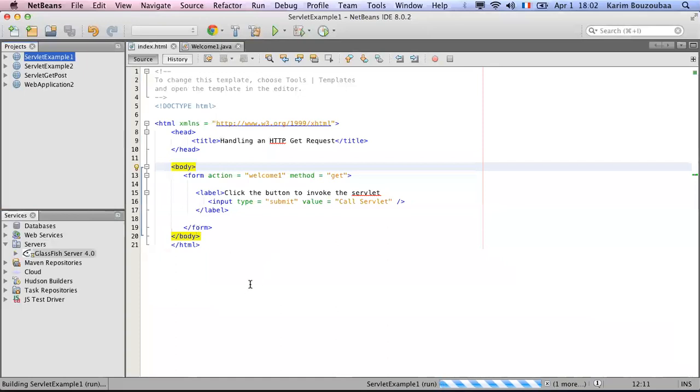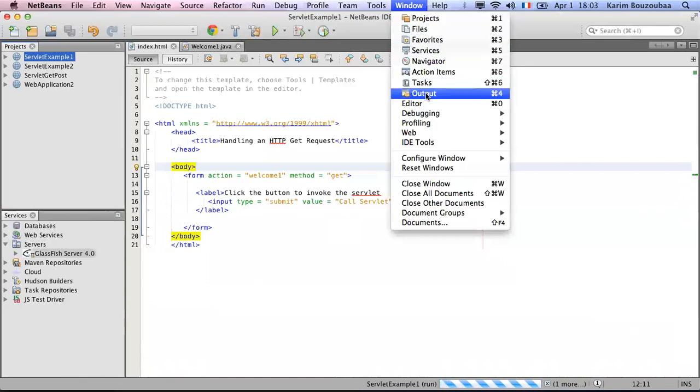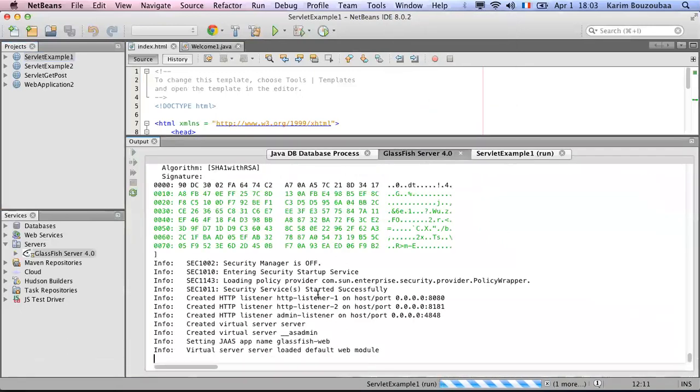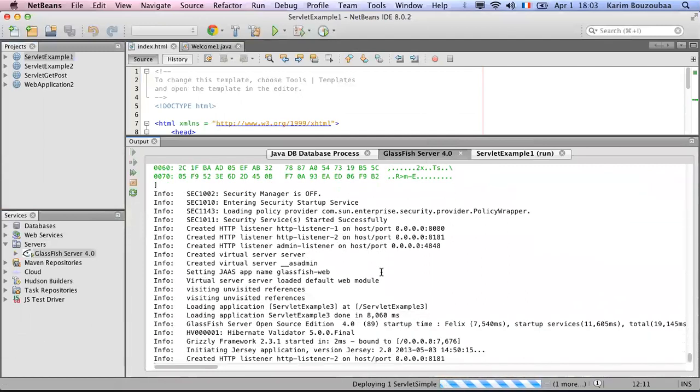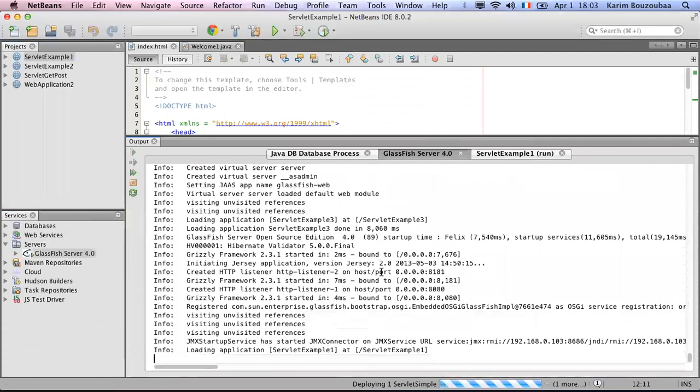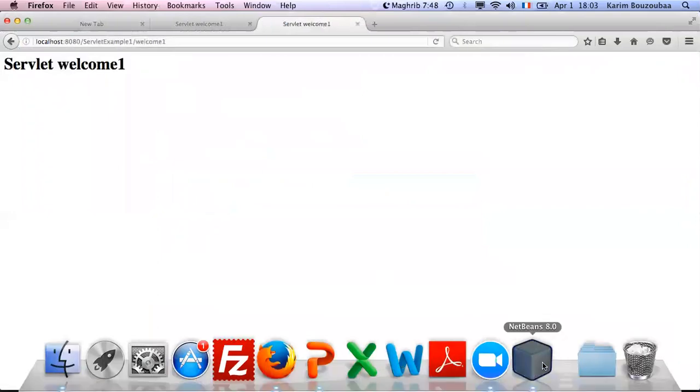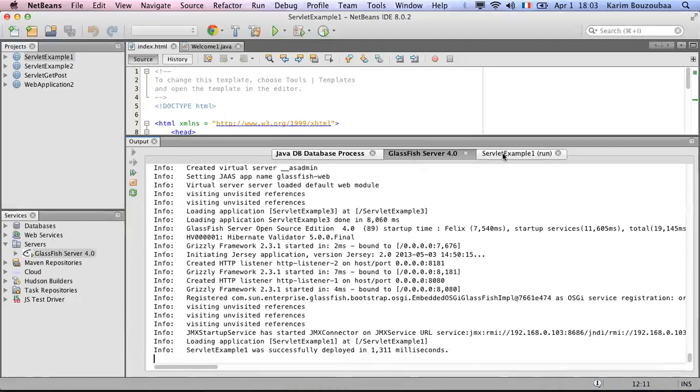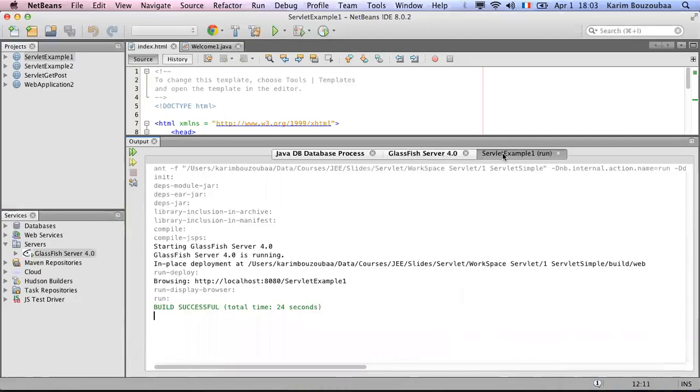You will see it's going to take time. Why? Because for the moment, Glassfish is loading on your machine. If you click on Glassfish, you can see that it is loading. It takes time at the beginning. Okay, here it is. If I click, it is the answer. Now, the next time, because Glassfish has already been loaded, if I make any changes in my program,